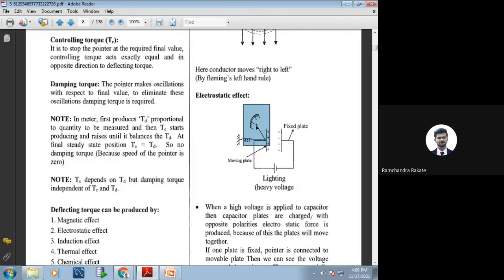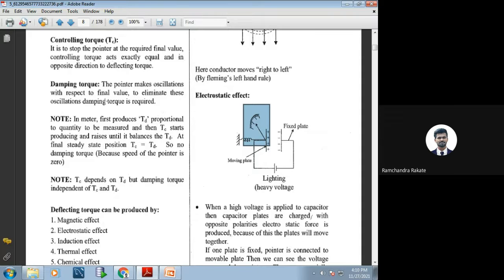At this position, the pointer will slightly move back and forth. Being accuracy, what we always say in our characteristics is that the accuracy of an indicating instrument should be more. So to avoid this oscillation of the pointer, which oscillates about its instantaneous position, not the final position,